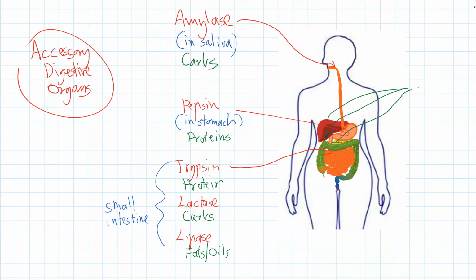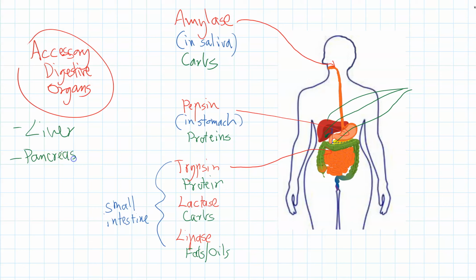And these organs make all the digestive enzymes. That's the key. So the pancreas makes quite a few of them. The gallbladder actually stores bile, so it's not related to enzymes, but the liver also produces some of these enzymes. So it's the liver and the pancreas